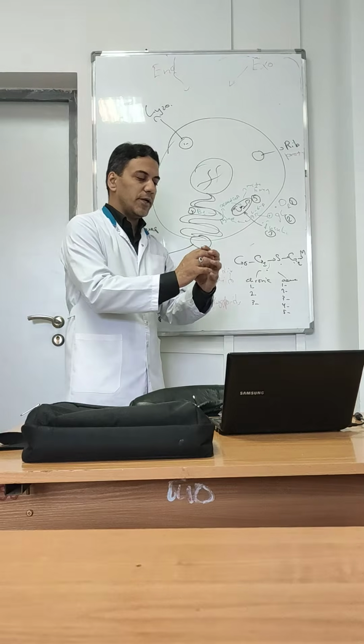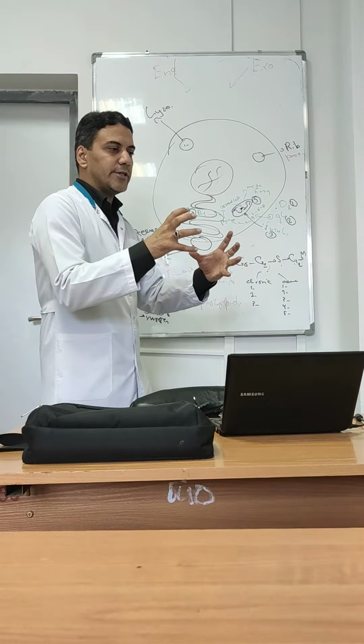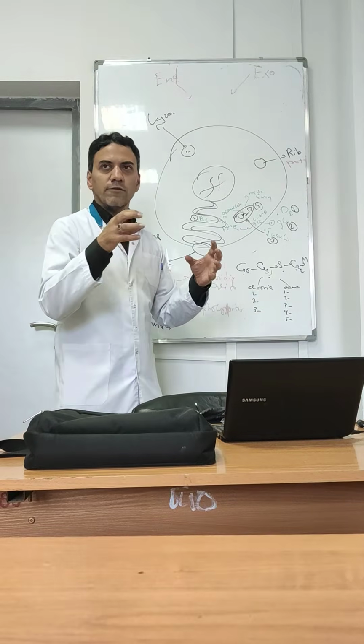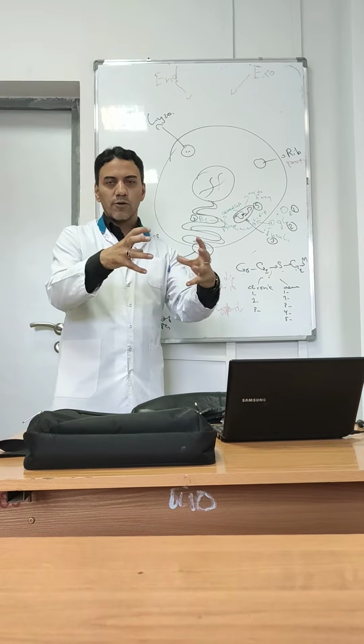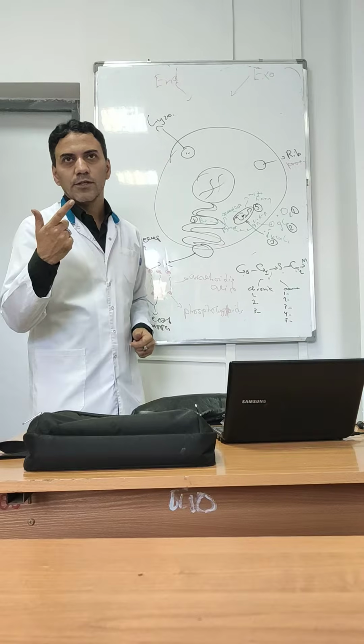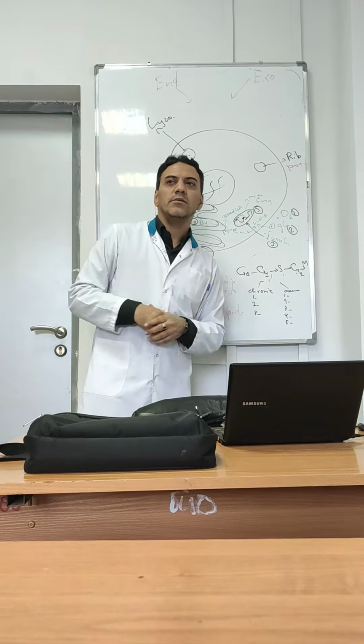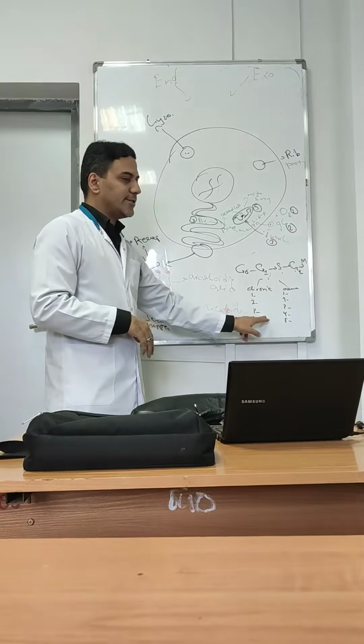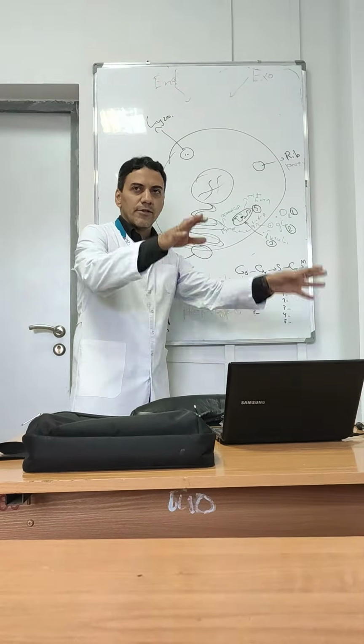In this stage, there will be hypertrophy, increasing size, and hyperplasia, increasing the number of cells. Why do we need hypertrophy and hyperplasia of cells? To be adapted. Adaptation stage. Third stage is cell death.